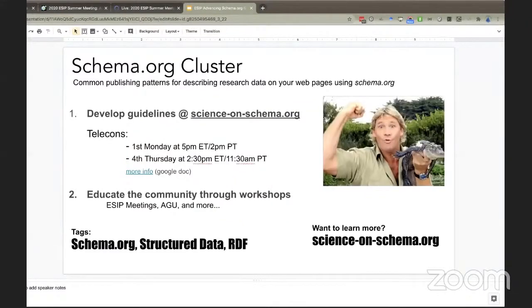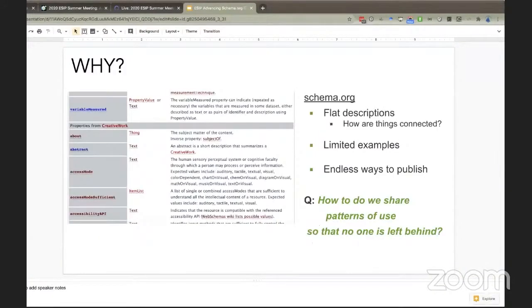And so, like I said, we're developing guidelines, and schema.org and structured data for some folks just seems like a huge jungle and a big unknown. And so we really wanted to be sort of trail guides or trailblazers, the Steve Irwins of the animal community, I guess, for folks to help them better understand and bring the time to adoption down, have it be much faster for those folks, and sort of help walk through the schema.org initiative there. And so that was the impetus behind the guidelines, and the cluster continues to do that through education and community efforts, workshops and sessions like this one.